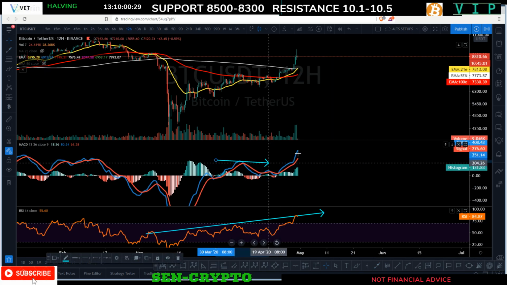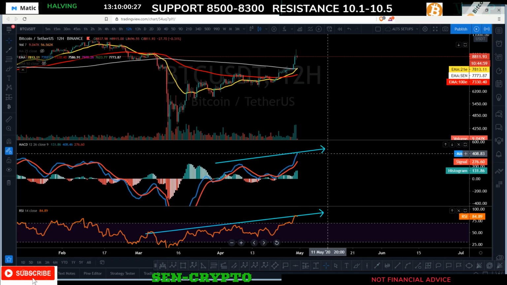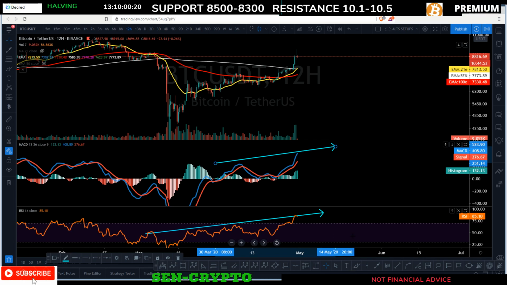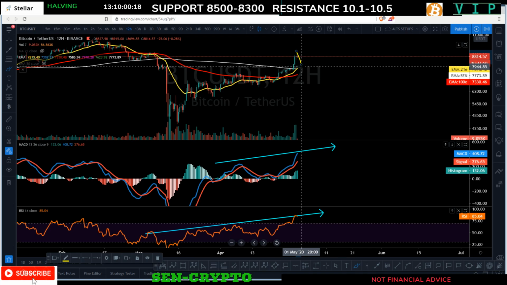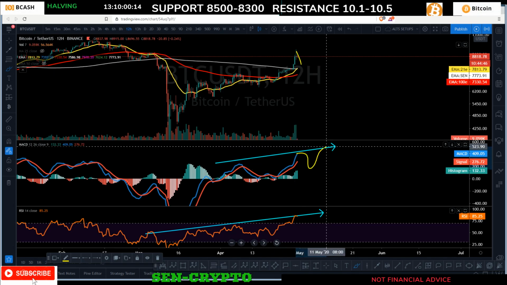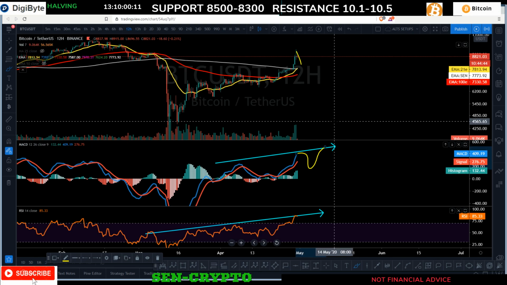Right now MACD is pretty strong. Can the MACD keep up this momentum? That's a big question now. So what are we looking for in terms of bullishness? Even if we dip all the way down to a low 8K, the next reversal sign, MACD has to retest the top, and it is going to create a lot of bullishness in terms of short-term price action.